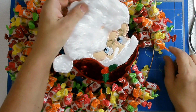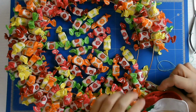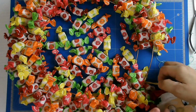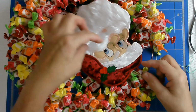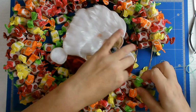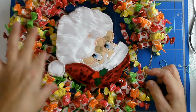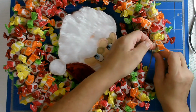Now the other thing you want to do before you get to the end is attach your Santa head. So I've attached mine here. I've just looped my loop around and threaded the head through the loop, and that's now nice and firmly attached, and is going to sit nicely in the middle of my wreath. So I'm going to finish this last little bit,